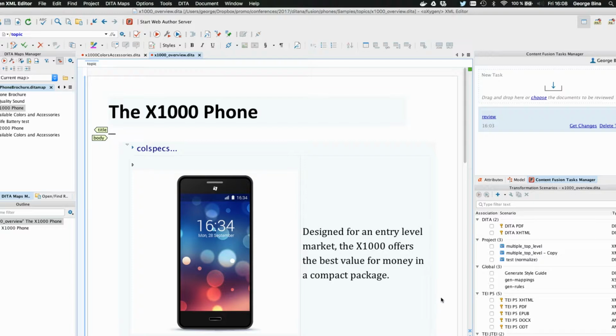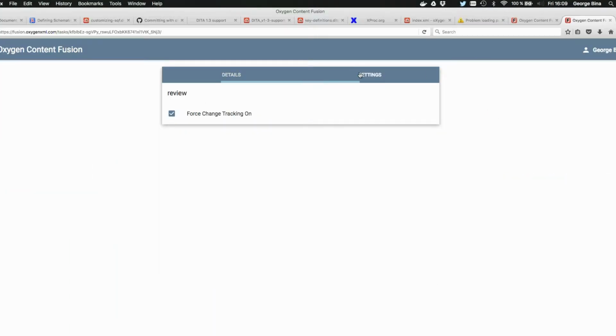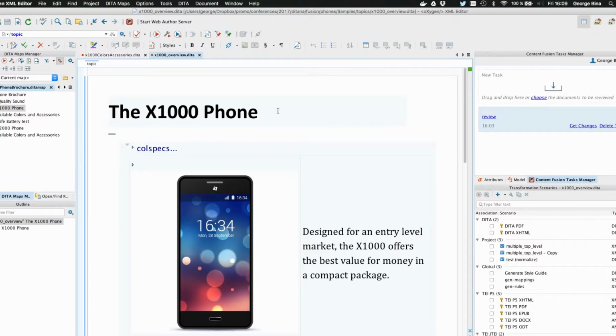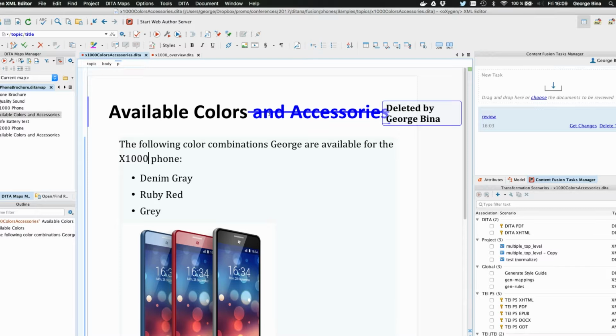Well, again, for this task, you can also control whether you want to force track changes on or not. So now we gather everything, we track changes. So now if we said apply, then